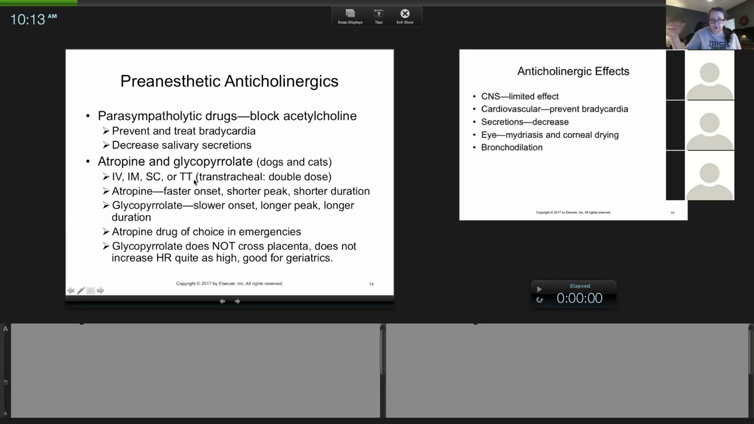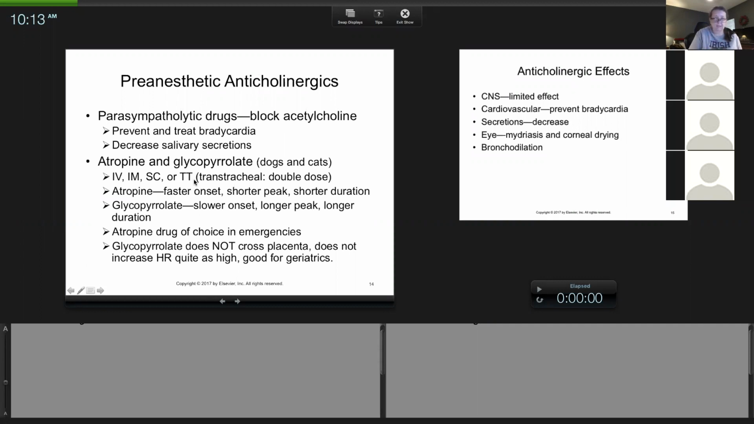longer as its duration. Now, I don't really have you memorize in general how long drugs last, because sometimes it depends on how you give them. Remember, if you give something sub-Q, it's going to last longer than if you give it IV. So route of administration has something to do with how long drugs last in the system. But longer word, longer duration. It applies in this case. It doesn't apply for every drug, but in this case, if that helps you remember, glycopyrrolate lasts longer, but it